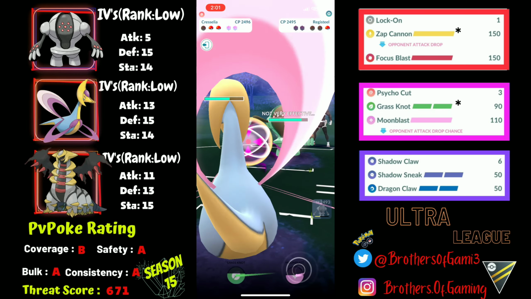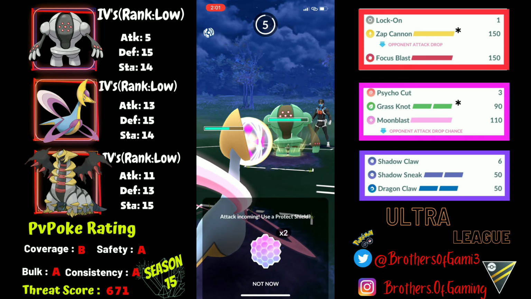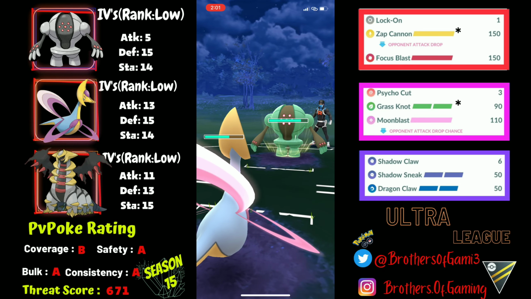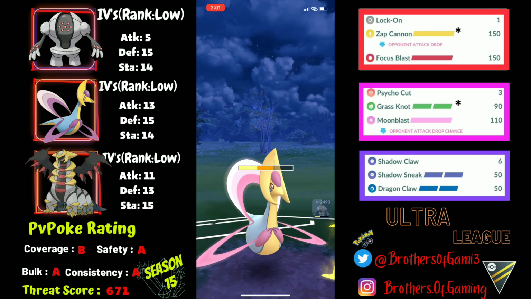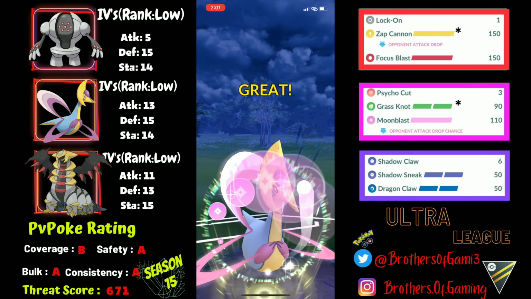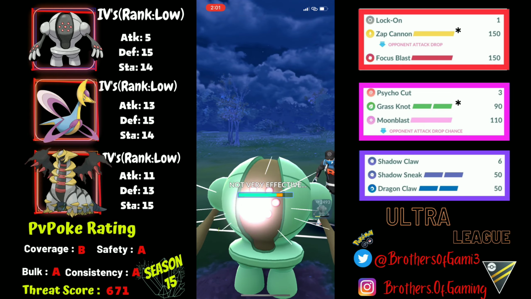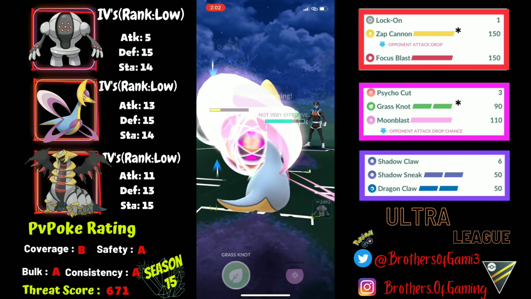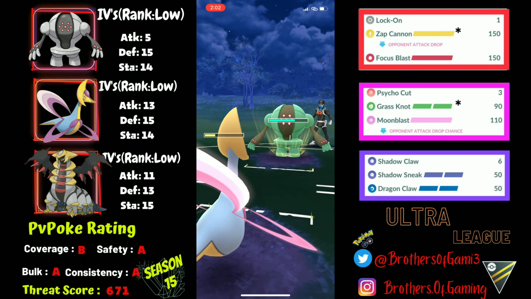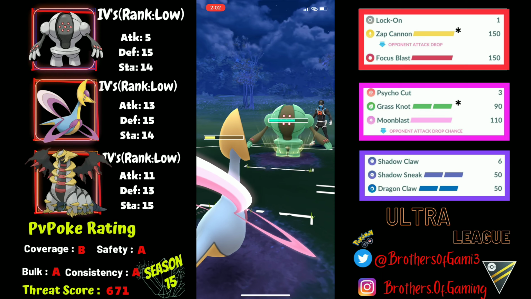So Registeel onto Cresselia is a bad matchup, but I have my own Registeel with 2 shield advantage. So that's the win condition over here. And I think they will be recognizing that because I'll be going for back-to-back Moonblast that will be adding up bit by bit. It is not that it is quite of hefty damage, but it will be adding up bit by bit, which is helpful for me in any way, because now I can let this next move go through